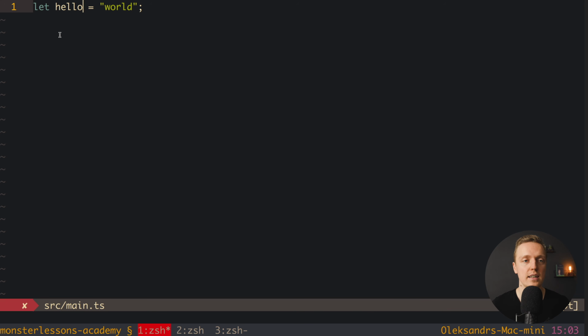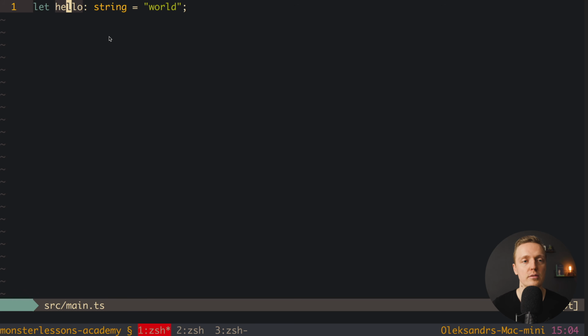And to specify the type, we are putting here colon and then, for example, string. So here goes the type. So exactly the same like you see here in the highlight. So we have a name, then colon, and then the type that we want to assign. And this is exactly the same like previously, but now it is explicitly said that this is a string.